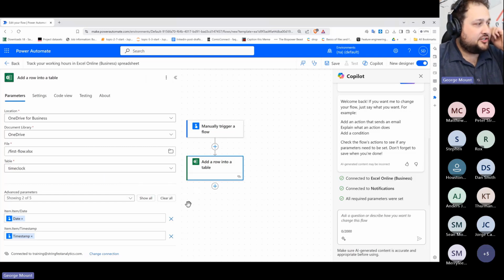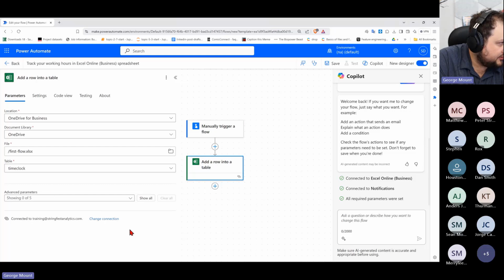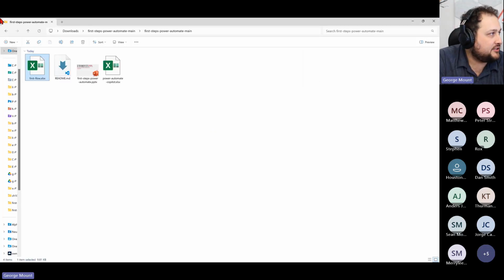Now, the last thing I'm going to do here is down here at the bottom, it says show parameters. What I need to do is clear out the ones that are mapped right now, and let's click show all here. Because what I'm going to do is make sure that the data that I have, it says first flow, and